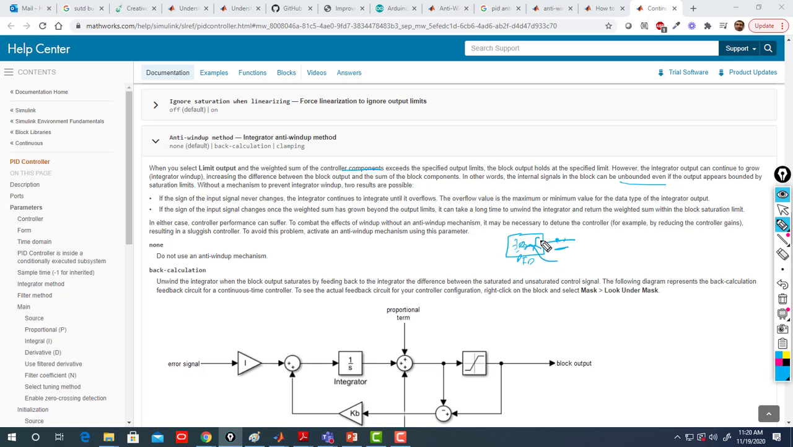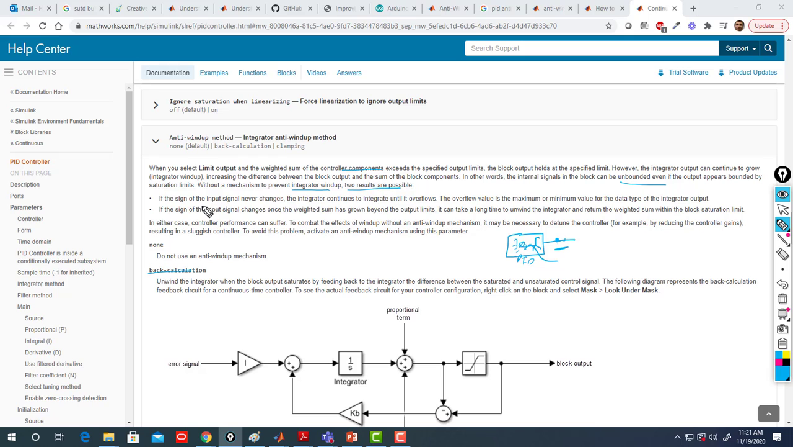So that's the integral signal is unbounded. Here it's unbounded because there is no mechanism to prevent integrator windup from resolving adversely. If you don't have a mechanism, for example back calculation, clamping, or an observer method, then without this mechanism to resolve it adversely,